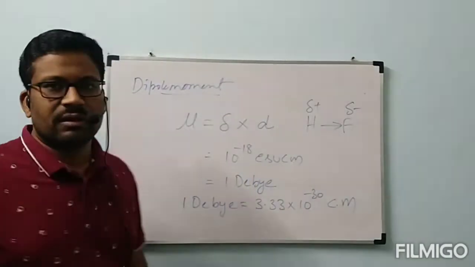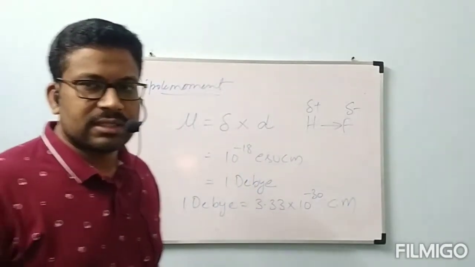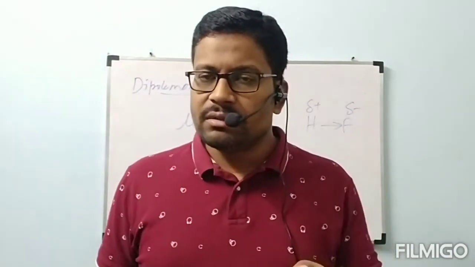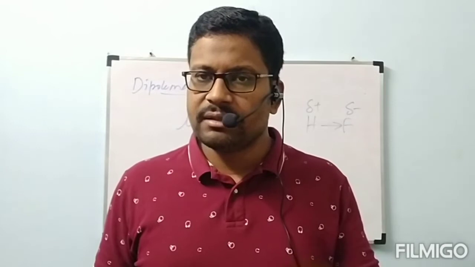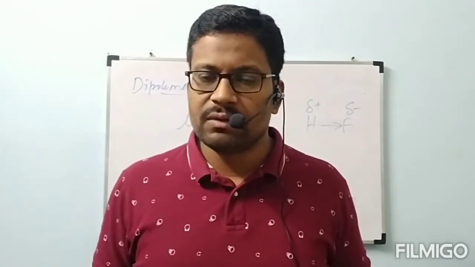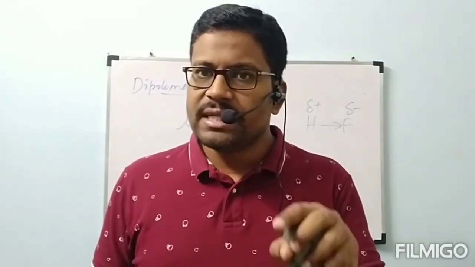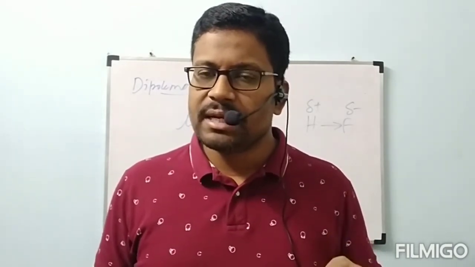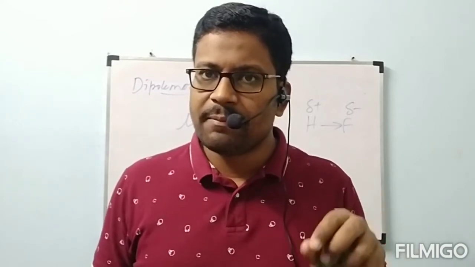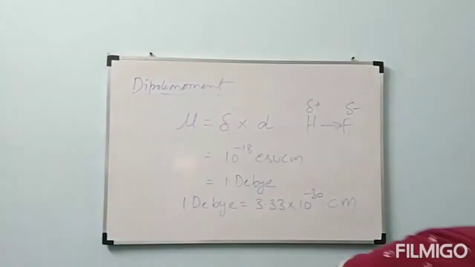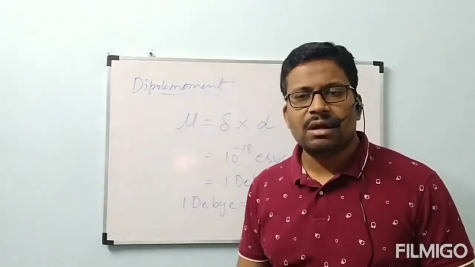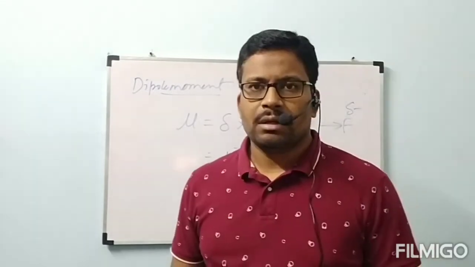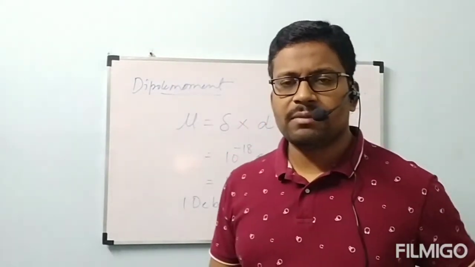This is the unit. Okay, and one important point: when we have a symmetrical molecule, as I already told you previously, the molecules which do not contain lone pair of electrons are called symmetrical molecules. If they give any symmetrical molecule and ask whether it is polar or non-polar, immediately, for a symmetrical molecule, dipole moment is equal to 0. For any symmetrical molecule, dipole moment is equal to 0, and all are non-polar molecules. Symmetrical molecules are all non-polar molecules.